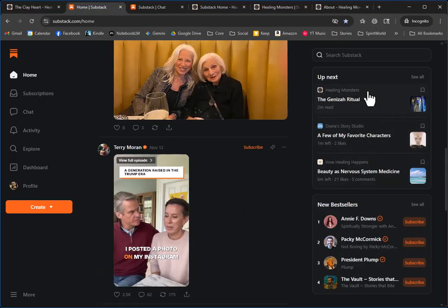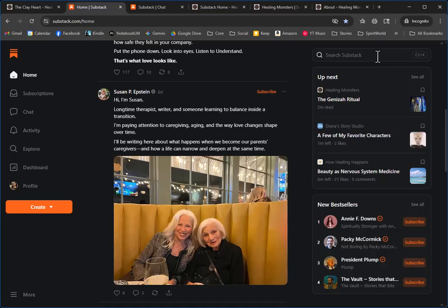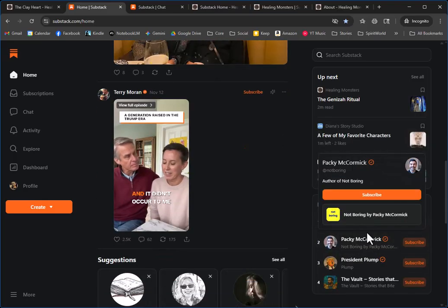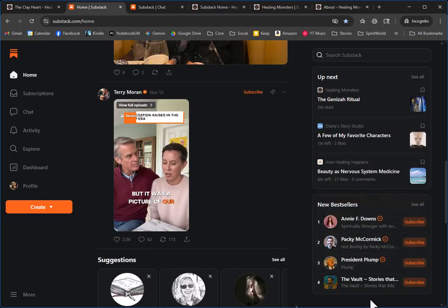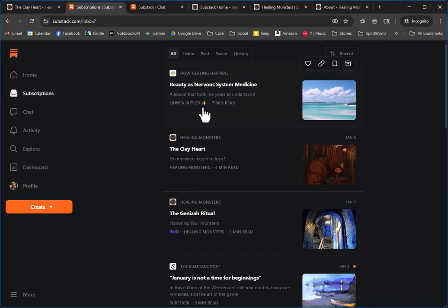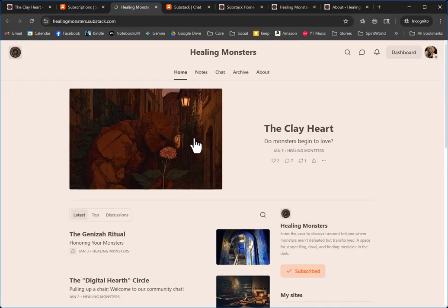On the right-hand side, here's a way of searching for new stacks, my most recent things I've looked at, and then new Substacks that seem to be getting a lot of attention. But this page, the home page, is their promotion page. So if you just wanted to go to my Substack, you'd either hit subscriptions and then Healing Monsters, which takes me to the home page, or just